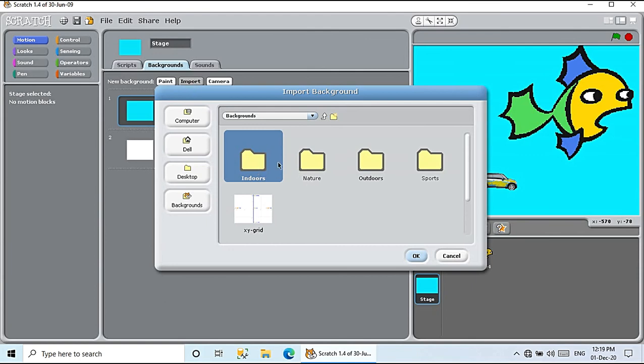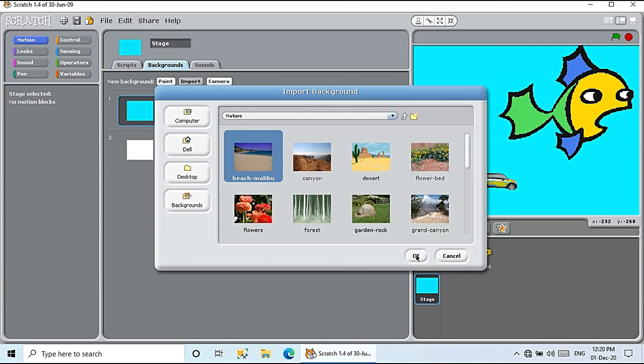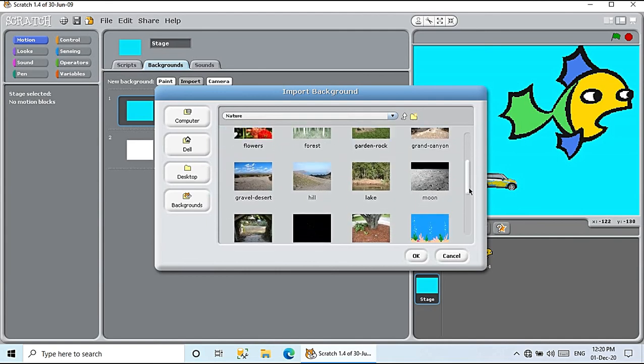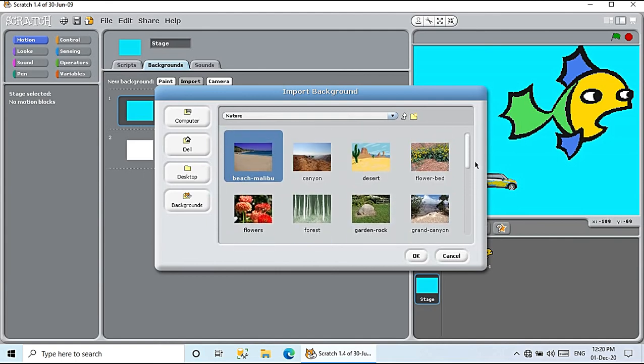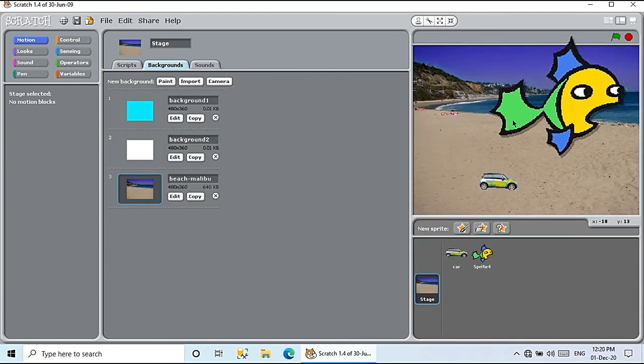In import there are various categories in background: indoors, nature, outdoors, sports and XY grid. So whichever category you want, I am choosing nature. Supposing in nature you have so many options available, you can use any of these and then you can click on OK.